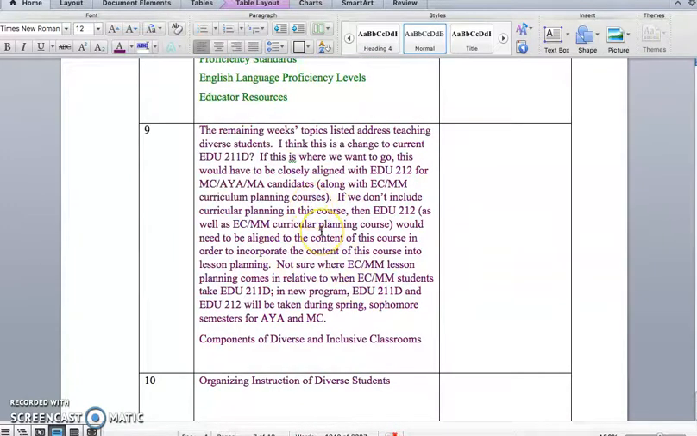This is the purple part, the part that was crossed out earlier. Again, I don't really have a preference whether we show how to teach diverse groups in this course or do it in another course. For example, for the AYA program and the middle childhood program, it would be EDU 212. My big concern is that we use the same lexicon, the same terms, and since EDU 212 for the AYAs and the middles is happening at the same time as 211D, they're co-requisites, or they will be co-requisites beginning in a year,